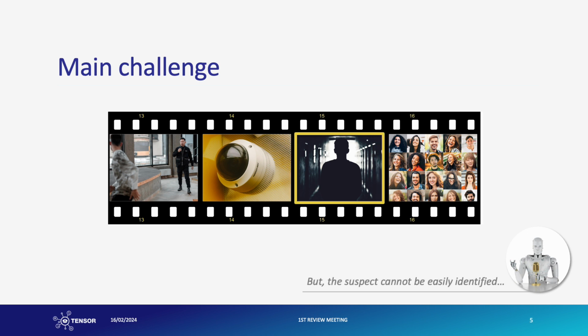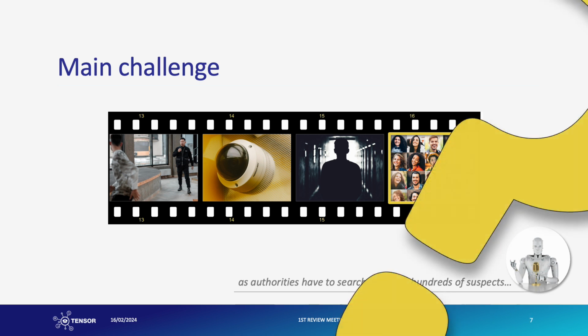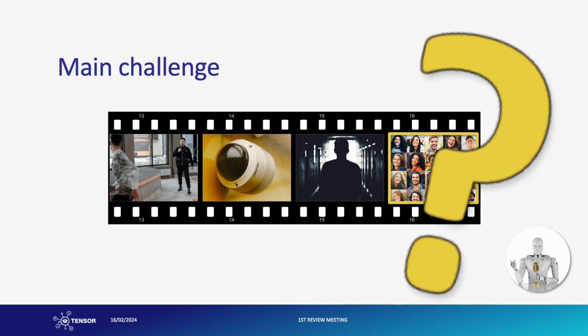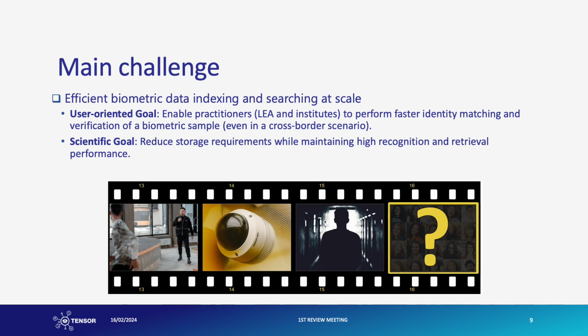However, despite the close-up footage captured by the surveillance system, the individual remains unidentified to the authorities. He is essentially a John Doe, a face without a known identity. To identify him, authorities would need to manually search through thousands of images of hundreds of suspects, to identify potential individuals who could be matches. Apparently, this is a very tedious and error-prone task, as a human operator must sift through numerous images to find